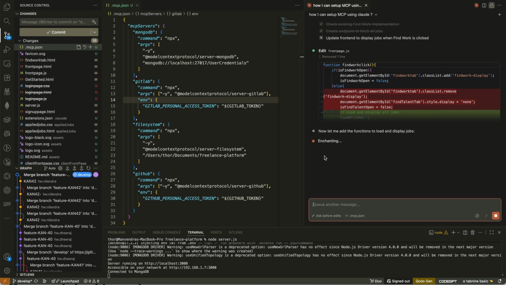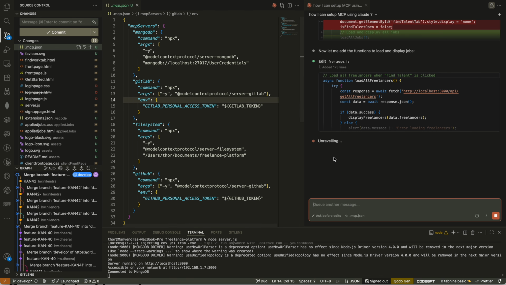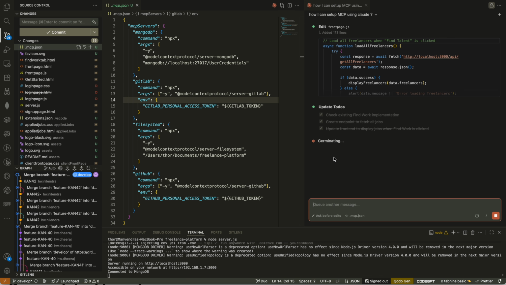So it might take some time. I'll tell you why it is taking time, because normally when you do prompting, it creates its own files. For example, when you go to ChatGPT, DeepSeek, anything, it is taking time because it is actually making changes to your files. And every time it changes the file, it will ask you for permission. You can click on always make the changes and don't ask. But I'm just trying to show you that step-by-step process. So until now, it has made changes to two files,